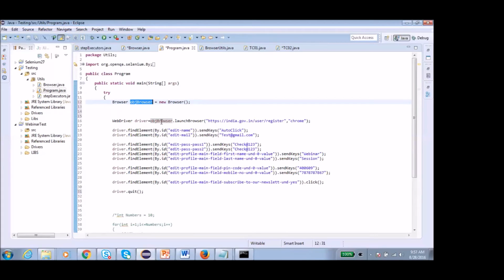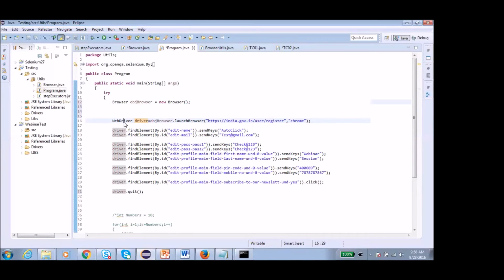We can do something like this. The return type is driver. Guys, don't get scared about what is return type and all that. We will see all these things when we are doing the actual trainings and we are doing in our test lab. So everything will get covered over there. Don't worry about anything. This is very simple and we can do it. So this is the return type.